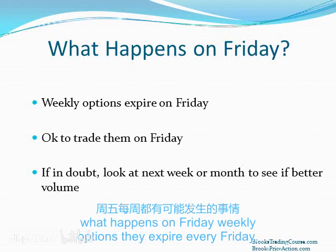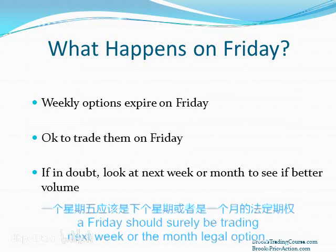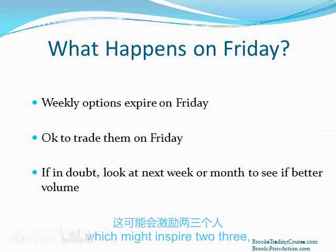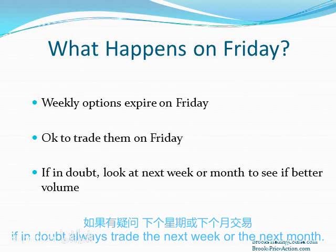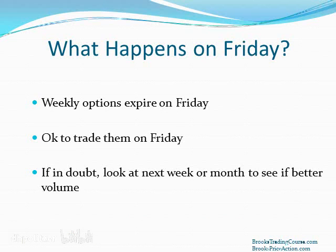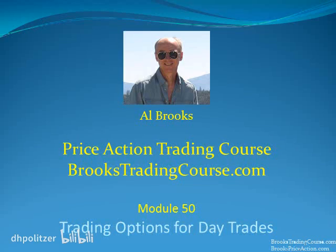Okay, what happens on Friday? Weekly options, they expire every Friday. What about trading them on a Friday? Should I be trading next week or the monthly option, which might expire 2, 3, 4 weeks out? If in doubt, always trade the next week or the next month to make sure that you're...